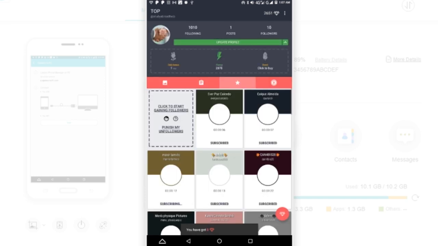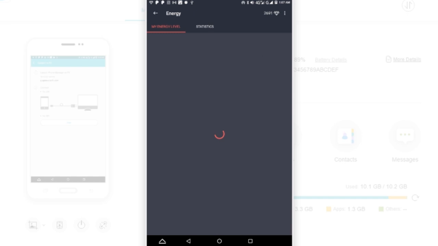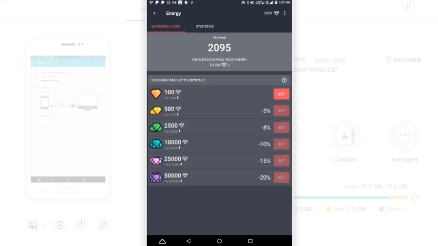And another way you can generate crystals is by converting your energy. You can see this energy icon up here. I have like 2085 energy, and you can convert it. If I click this, you can see I can convert 1000 energy for 100 crystals. So how do you actually generate this energy? You generate energy by